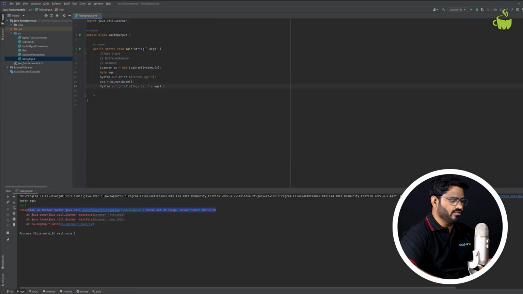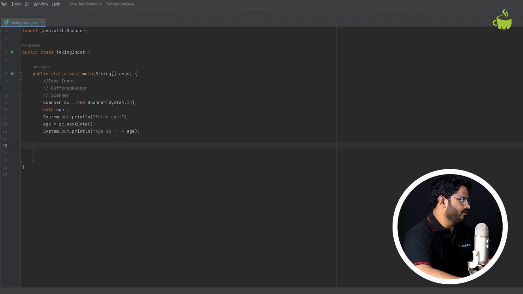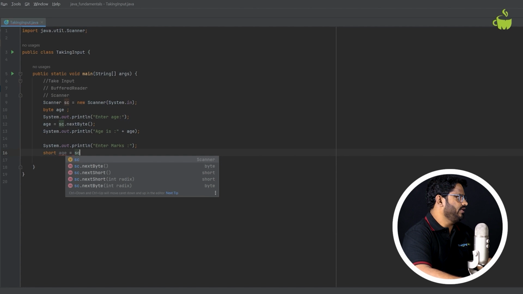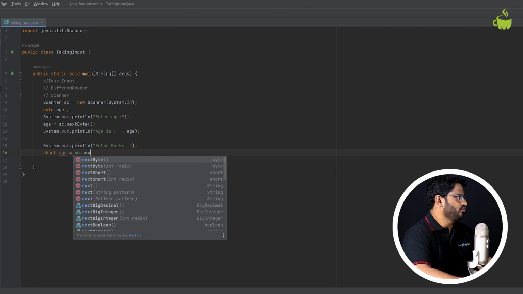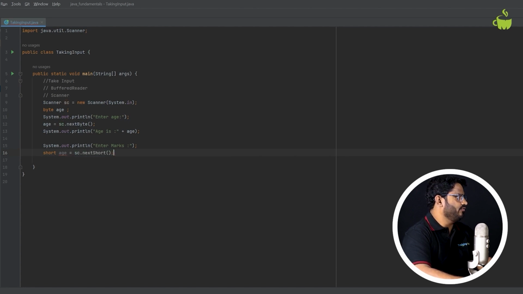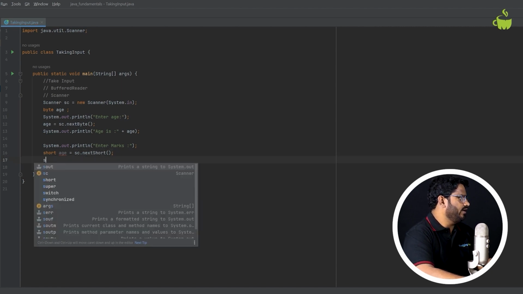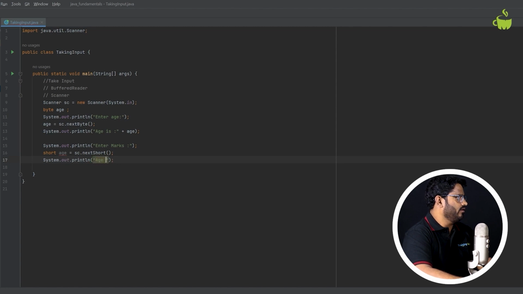Now moving on, suppose I want to take short as data. I want to give a descriptive message. I'll say enter marks or something like that. Now here I want to say short marks equals sc.nextShort. Since it is short data, I have to use a method called nextShort here. Now I just print out, oh sorry, age is already there. So now I'm going to say marks. Here I'll say marks